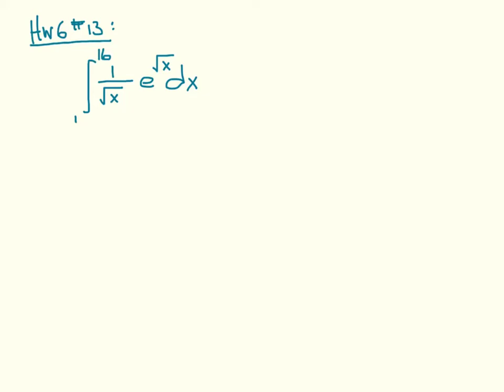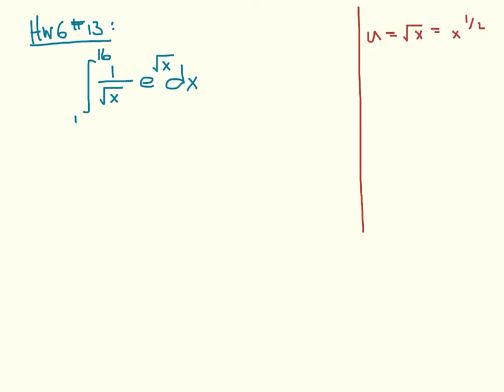Now, when looking at definite integrals that require u substitution, we have to be especially careful with our treatment of the bounds. To start this one, we're going to look at what our substitution should be first. So we're going to let u equal the square root of x, which is of course x to the 1